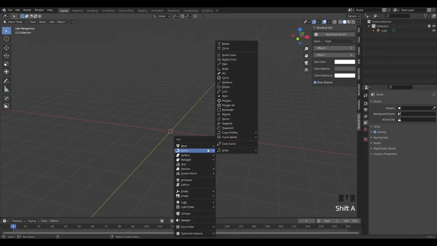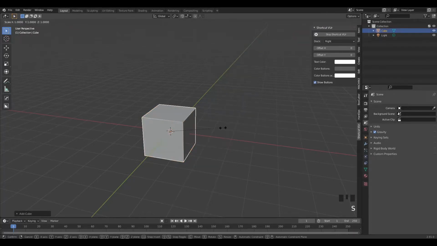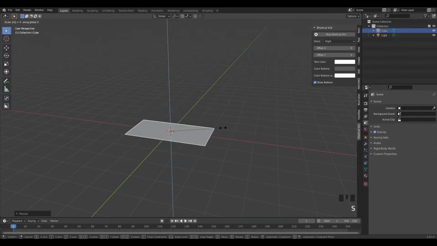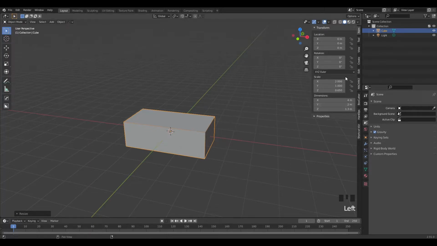So we started by pressing Shift A and adding a cube into the scene. Then I will press S X 2 to scale the width in the X-axis 2 times, and did the same thing to the Z-axis by pressing S Z .65. But now you can go back to the item and change the Z-axis to 0.7 and adjust the